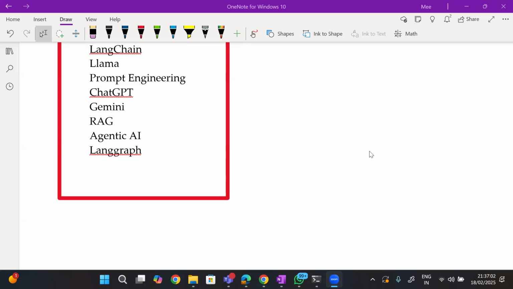I gave my course content, and they asked me how many projects you will be doing. Then I said, if it is generative AI, then we will be doing at least a minimum of 10 to 15 projects, real-time working projects. And if it is data science with artificial intelligence, where we are covering all these things, I will cover at least a minimum of 25 projects over there. And all these projects, you will be able to do on your own. You will understand each and every bit of the code and everything. This is the way I usually plan.